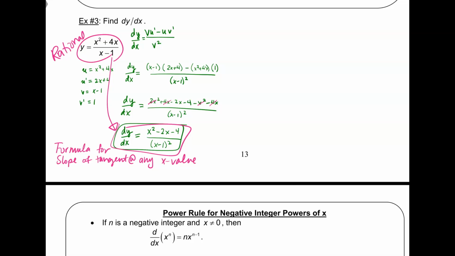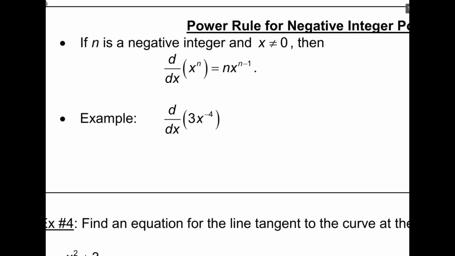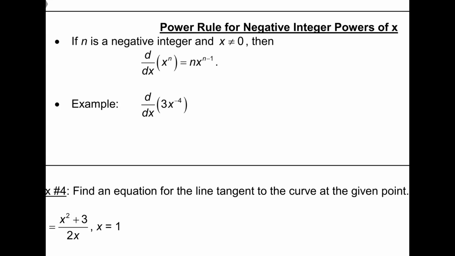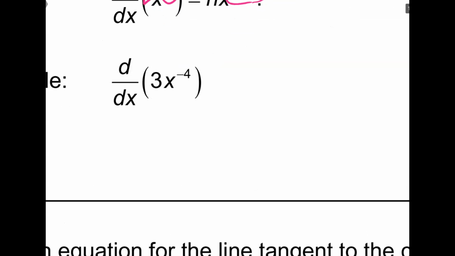Okay, power rule for negative integer powers of x. I just split it up to try to make it a little easier for you. If n is negative and x doesn't equal 0, you bring the exponent in front and then subtract 1 from the exponent. Let's see what happens. I bring the exponent in front, so I have 3 times negative 4 x to the